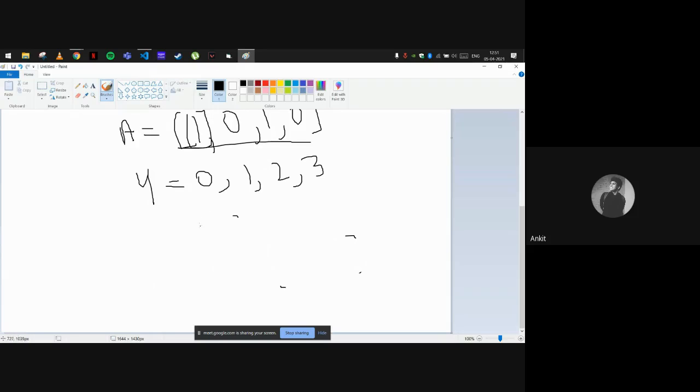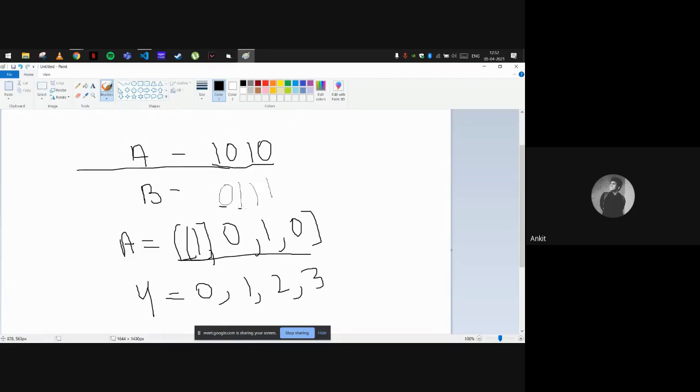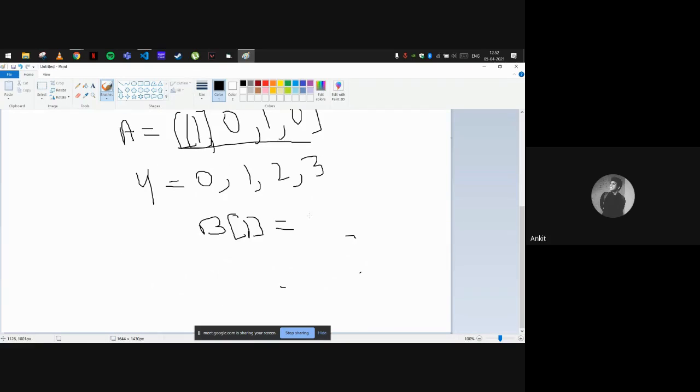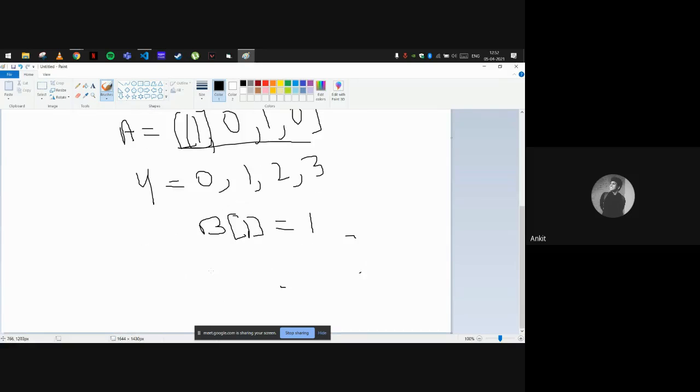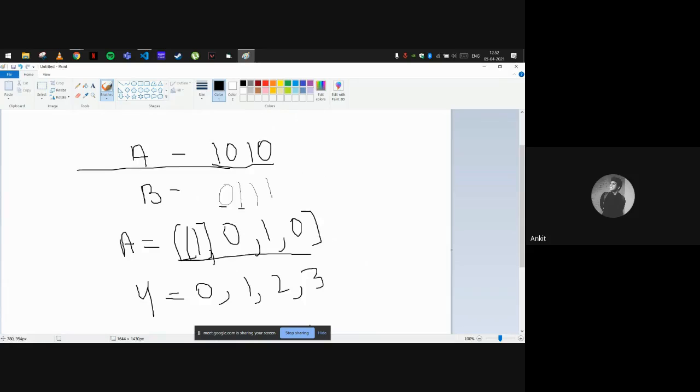Now for case 2, B is equal to 1, so it will be 1, and now the A value is equal to 0 here, as we can see here.